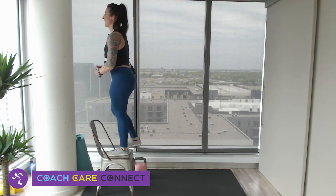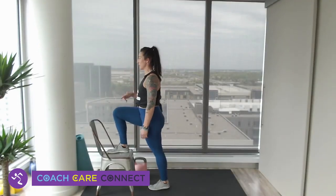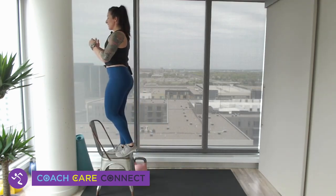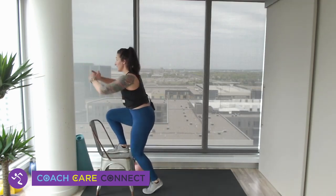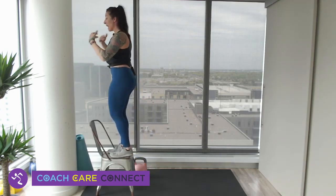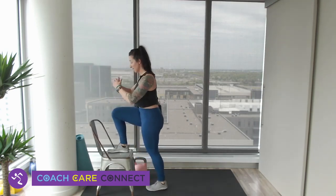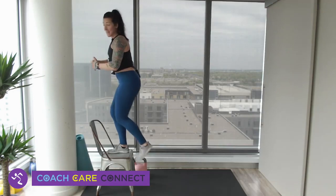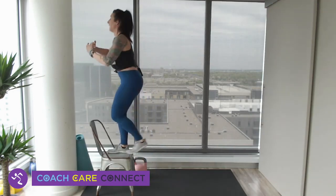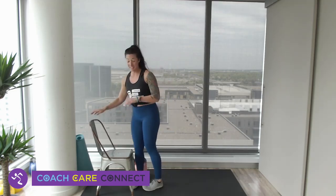Shoot, I lost count. I promised myself if I was going to do one today where we had sets and reps that I wouldn't lose count, but here we are. All right, going up. Remember, this is my wonky side. So you keep having really good form with this at home, and I'm going to work on my version of this for my knee. And honestly, you guys, this is pretty darn good for me. I've come a long, long way with my coach. I'm telling you,